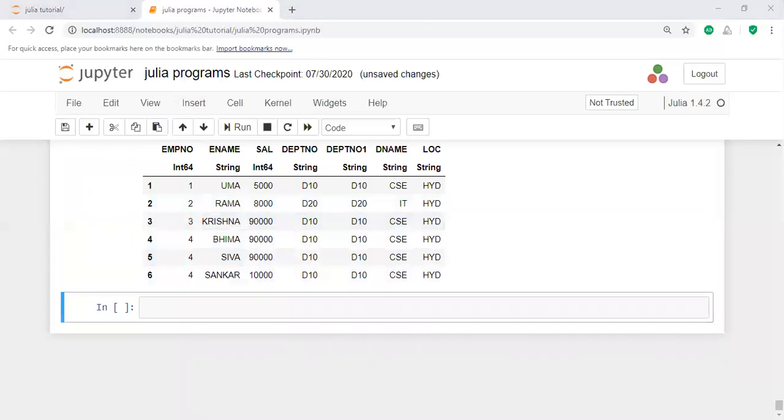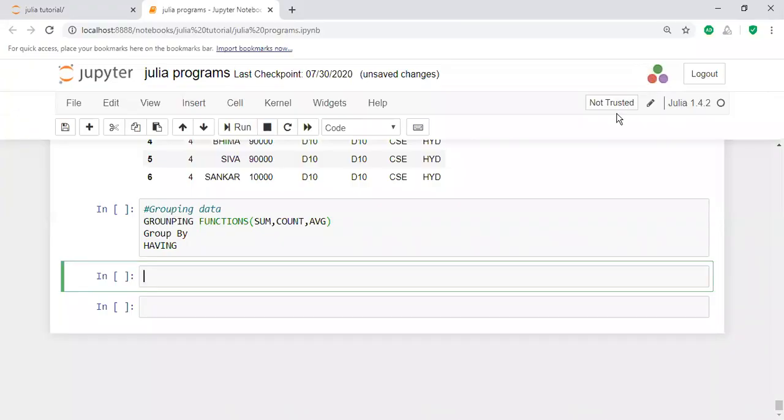Another important one is the full outer join, and similarly the self join, joining one table with another table. In a self join, within one table only it performs the join operation. For example, you have an employee table that joins itself; that is called a self join. In this way you will perform the different operations on join.